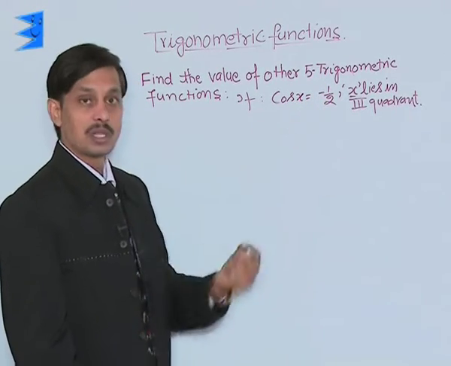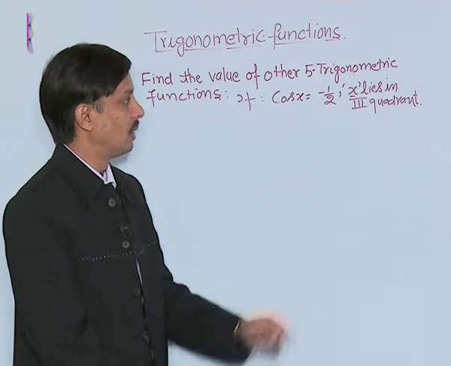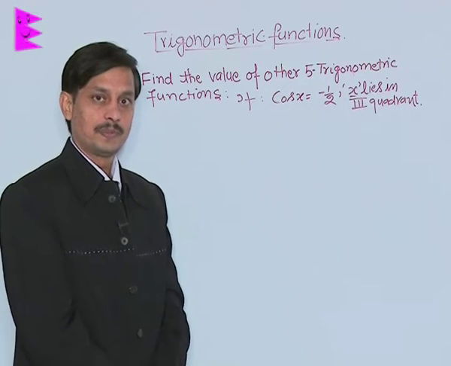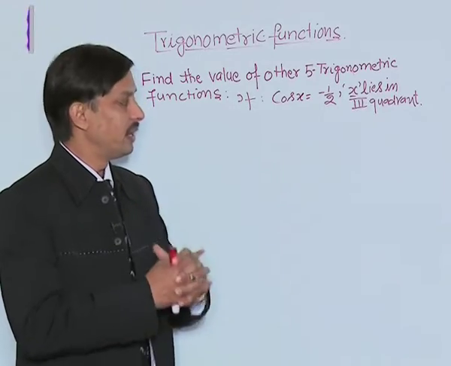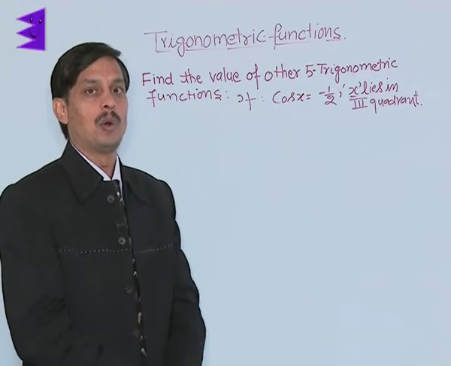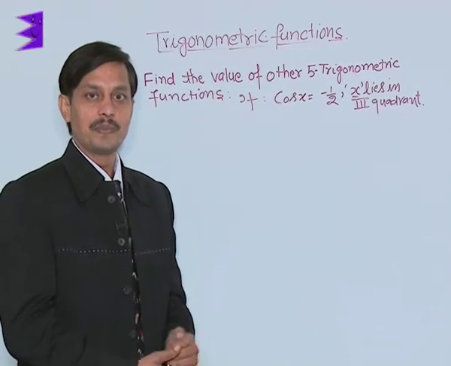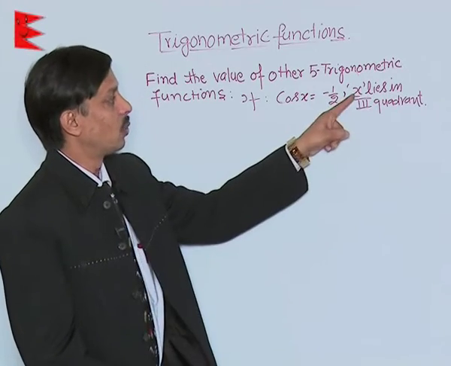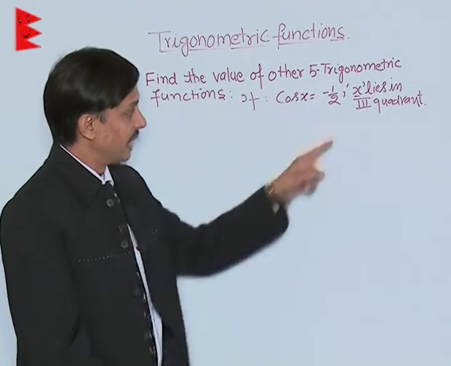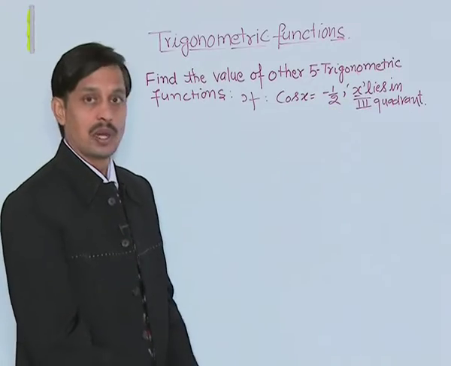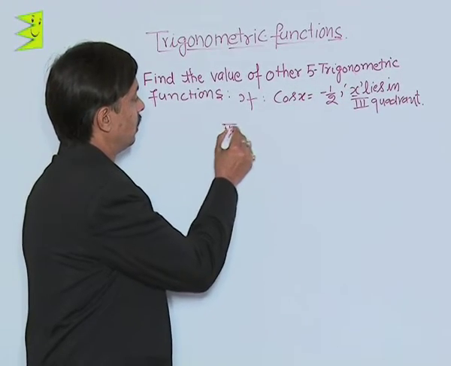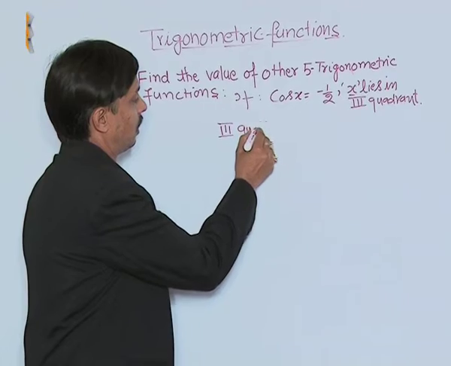That means cos x is minus half and angle x lies in the third quadrant. As I already discussed with you with the help of ASTC, after school to college, that in the third quadrant, as mentioned, x lies in the third quadrant. You know it very well that in the third quadrant,